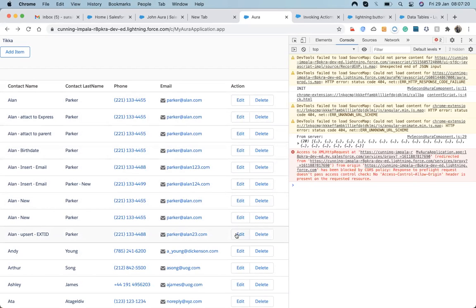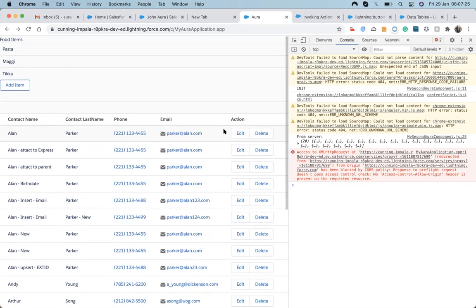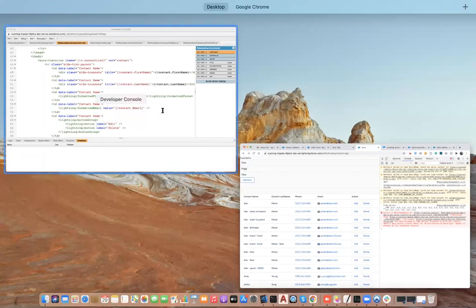Before moving on, where is my component?